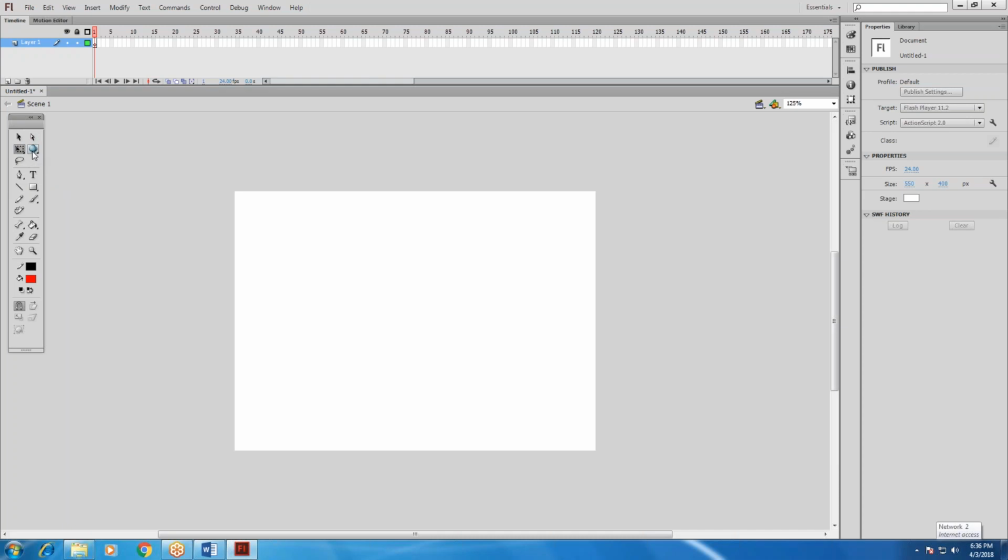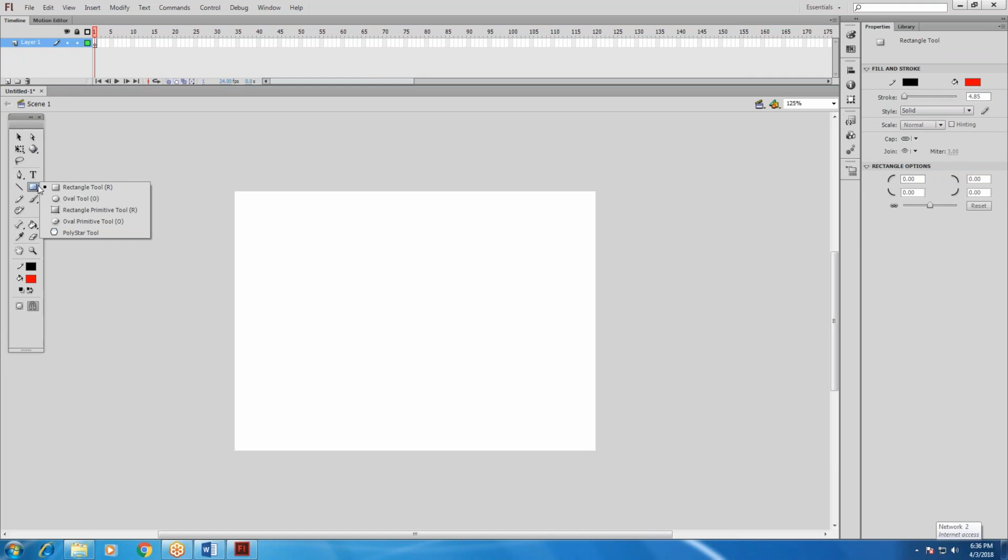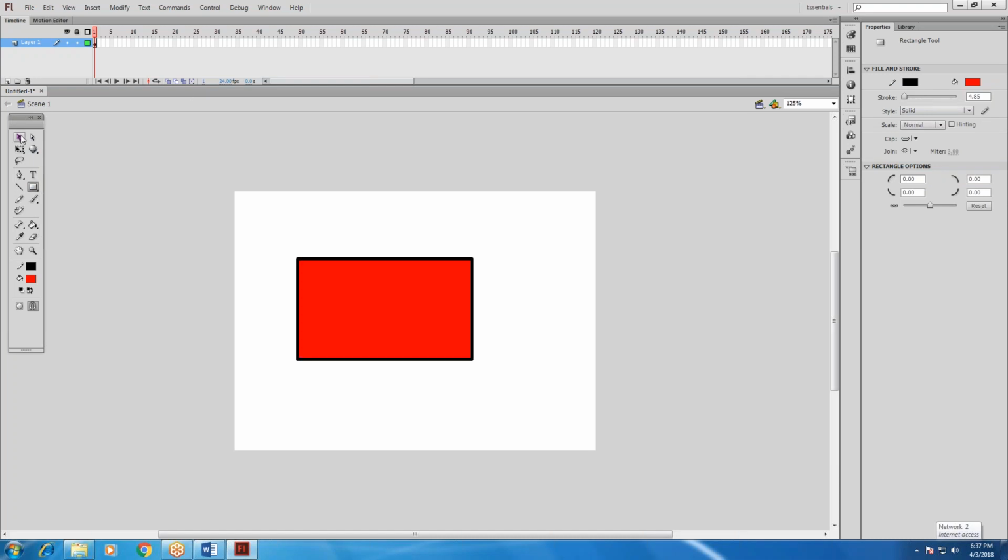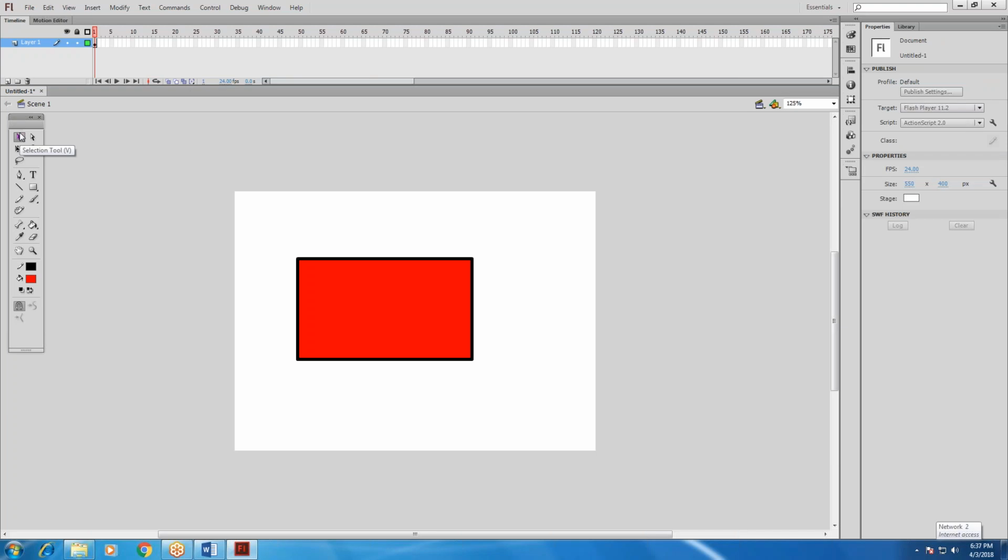Clear? You see, this is the rectangle; you can select it and drag it. First, I'm going to take one line.